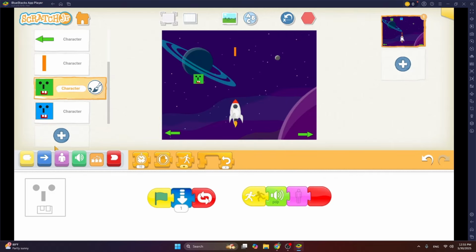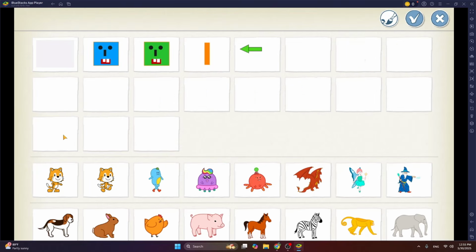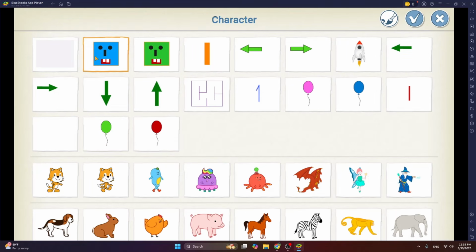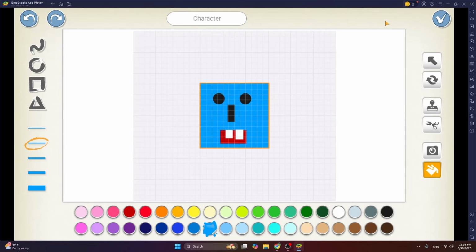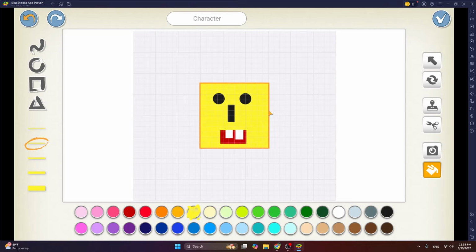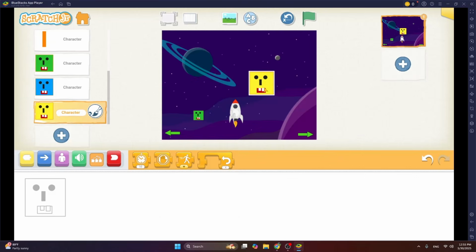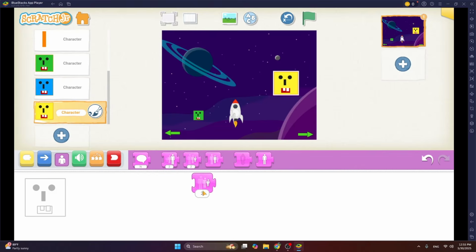And let's add one more alien. So again, click on plus, choose the blue alien, click on the paintbrush, change its color. So how about I make it yellow? And my bucket is already selected, so I can do like this, and then click on tab. And this is pretty big, so again we need to reduce its size. Tap on it a few times.